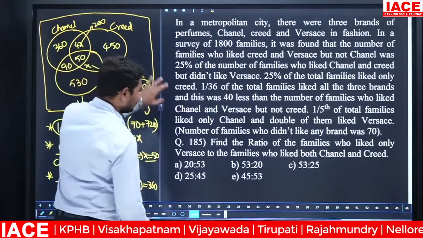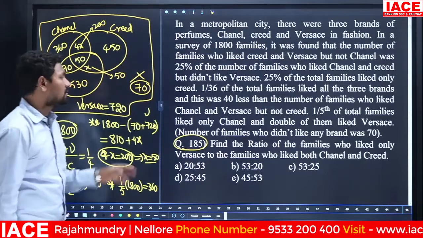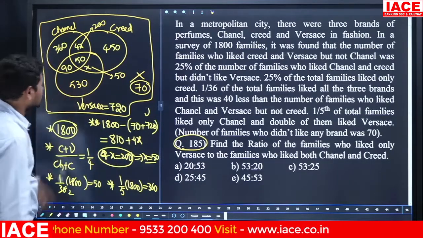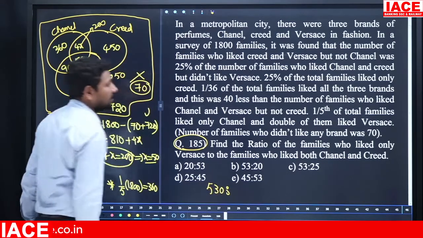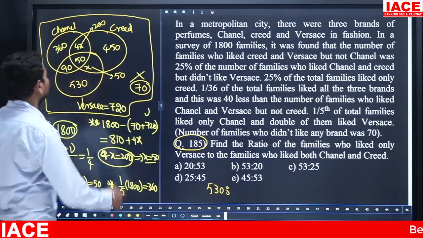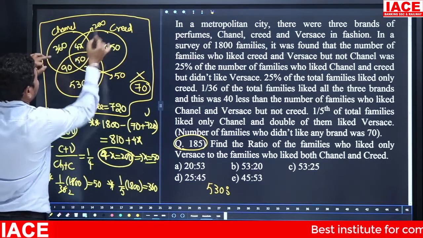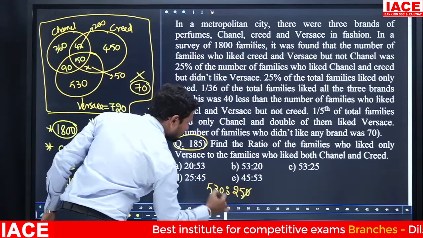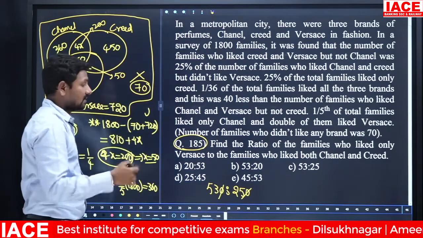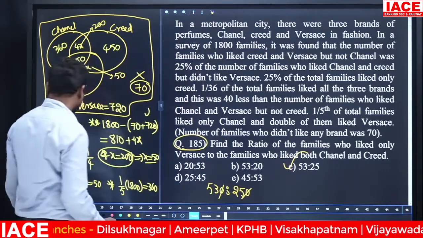Next, here find the ratio of the families who liked only versus. Only liked versus is how much? 530. The families who liked both channel and Creed. Both channel and Creed means we can add these values: 200 plus 50, which is equal to 250. Here 530 to 250, the 0s cancel. Then the answer is 53 to 25. Option C. And next,